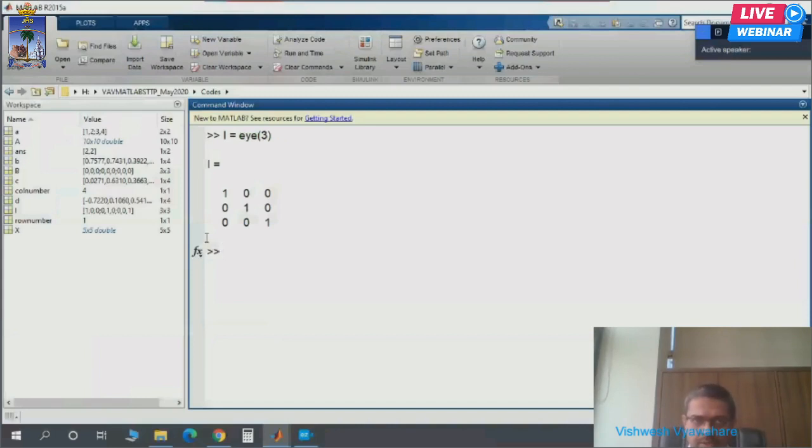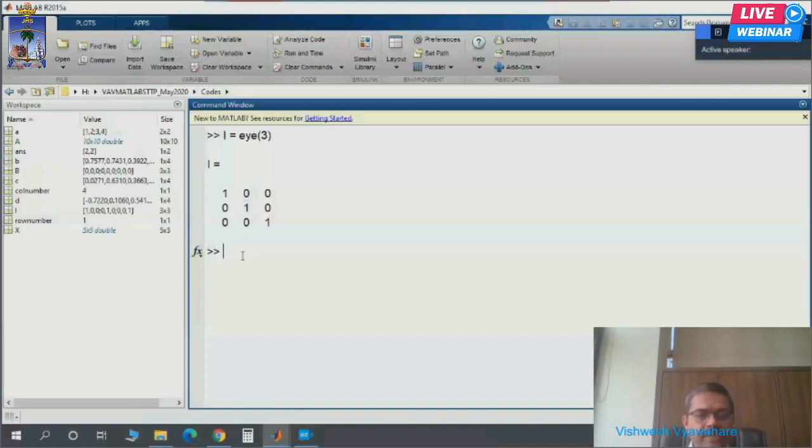What I have not covered, but I would like to tell you, is that let us say I want to get this particular second row, second column element extracted from this matrix. Is it possible? Yes, it is possible. How?